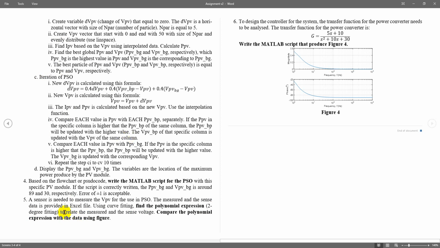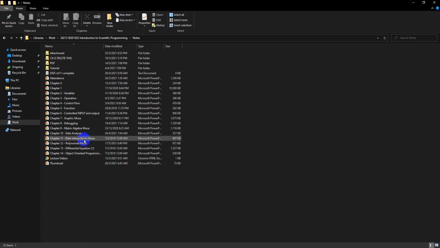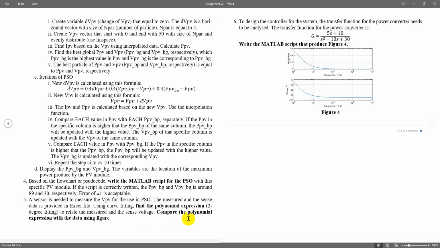So that's why you use a sensor to reduce the voltage, and then compare the polynomial expression with the real data. For this one you have to open chapter 12 to find the polynomial expression. I think it's easy because it's almost similar to the example given.